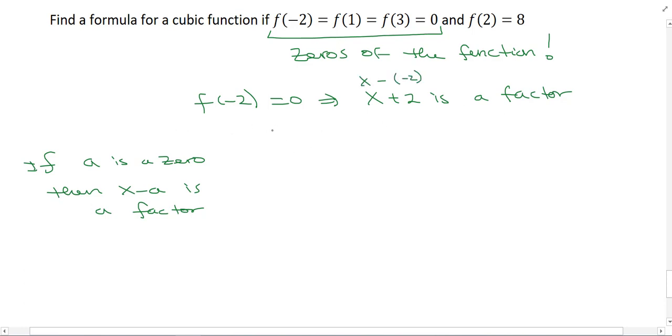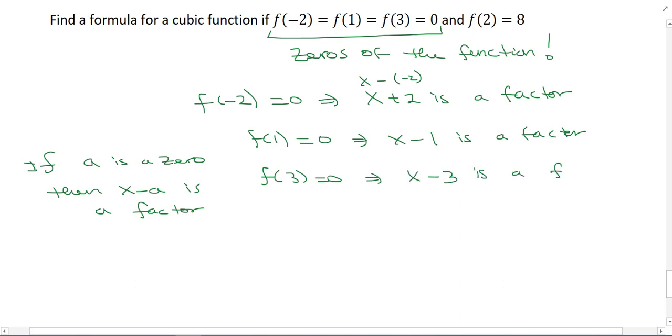And we can do the same thing with the other ones. F of 1 equals 0 means 1 is a 0, so that means x minus 1 is a factor. And same thing with 3. F of 3 equals 0 means that x minus 3 is a factor. Now this I can't really do much with, but the fact that I have 0 here is what allows me to say this. So our function so far,